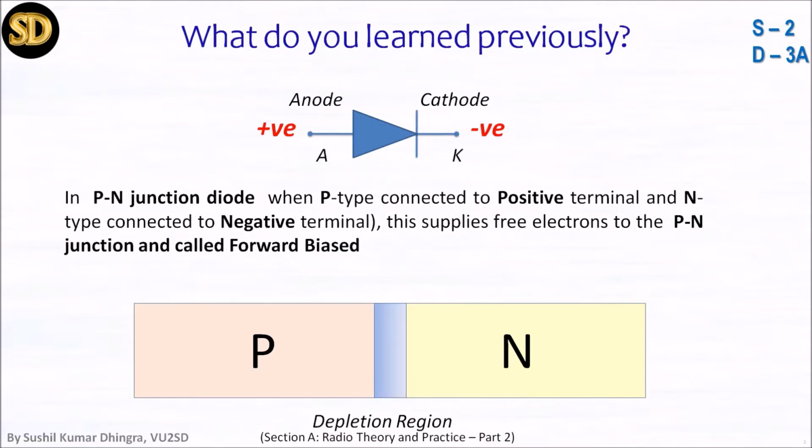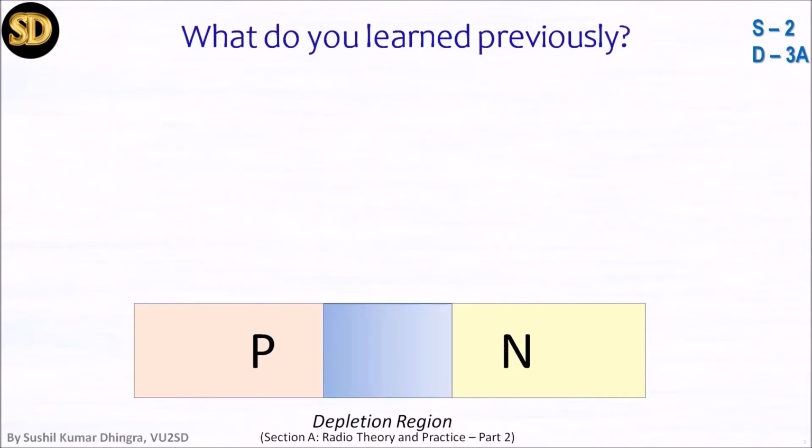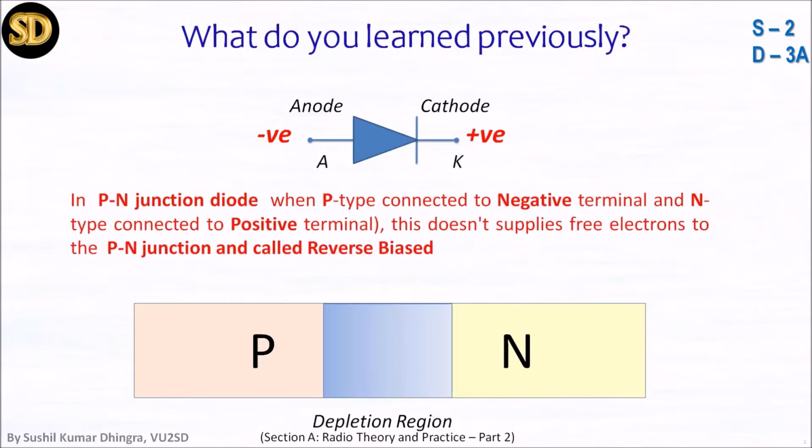On the other side, when we change the direction, when the anode is negative and the cathode is positive, then this is called reverse bias. It does not allow free flow of electrons, and in this case the depletion region at the center of the PN junction is very big, not allowing current to pass. Even in between the PN junction there is some charge, there is a voltage. For silicon it is 0.7, for germanium it is 0.3. This kind of objective question may come.